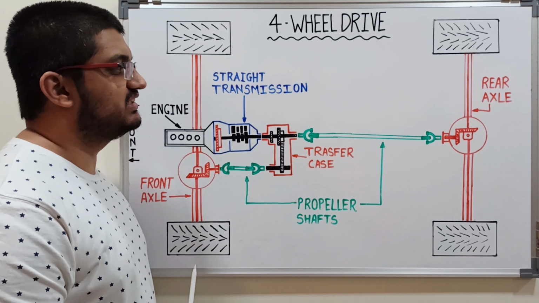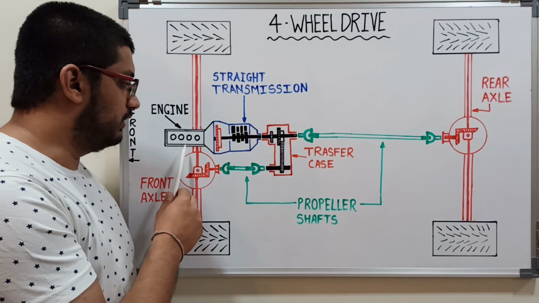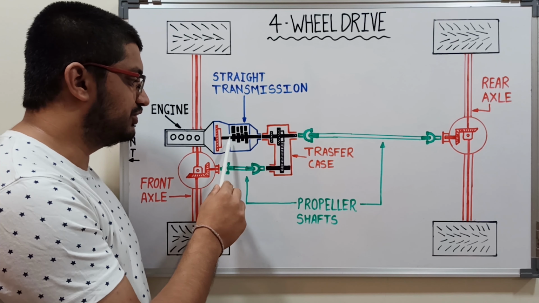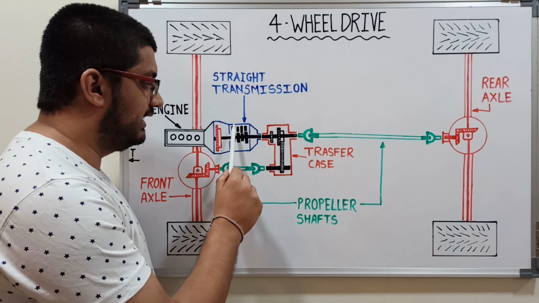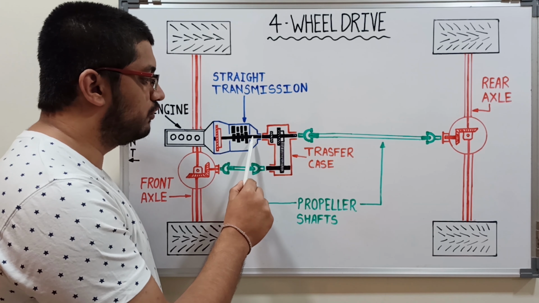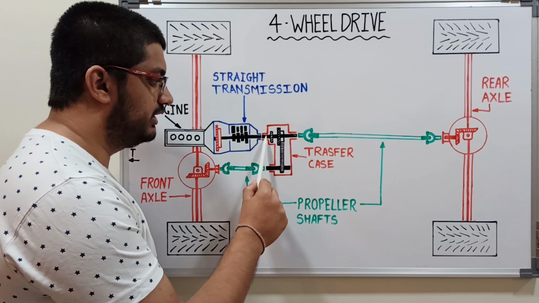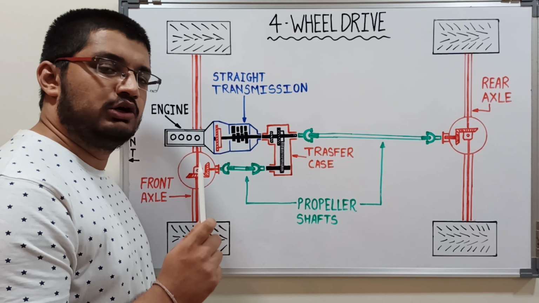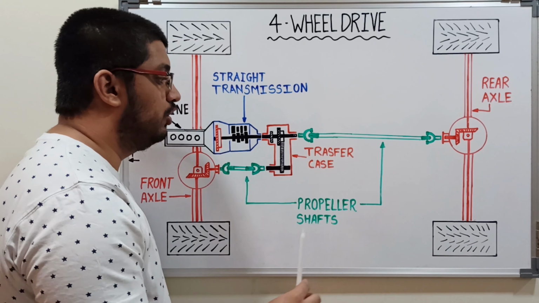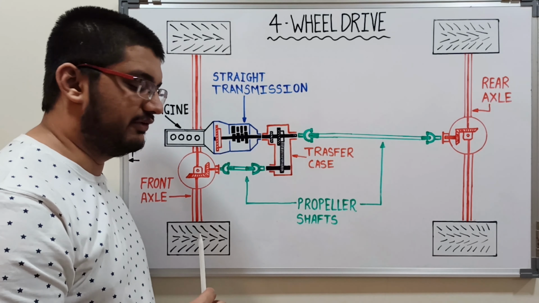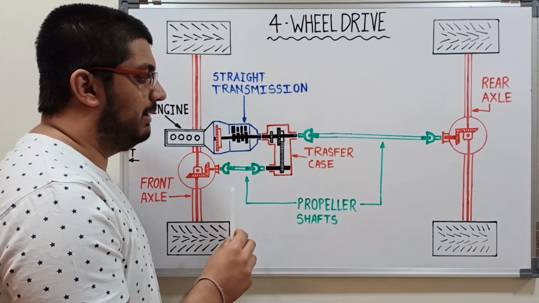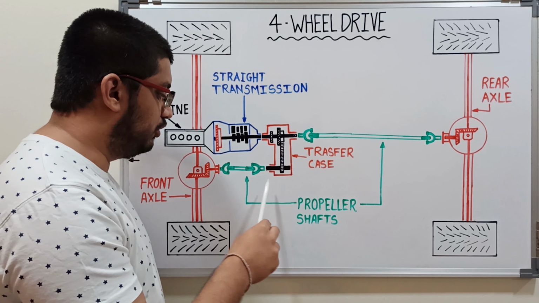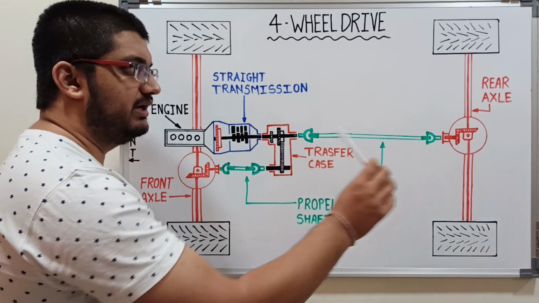So let us now discuss the power flow. The engine generates the power. When the clutch is engaged, the power is further transmitted to the input of the transmission. From the input of the transmission and the selected gear, the power moves forward to the output of the transmission, through which it is given to the transfer case. So the transfer case has two jobs to do. Firstly, to select whether only the rear wheels are driven or rear and front, all four wheels are driven. That is done by either a clutch or other actuating device which is used here to transmit the power further to the front axle. Otherwise only the rear axle is driven.